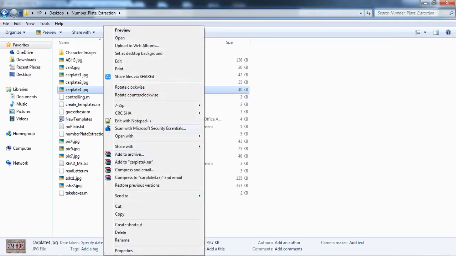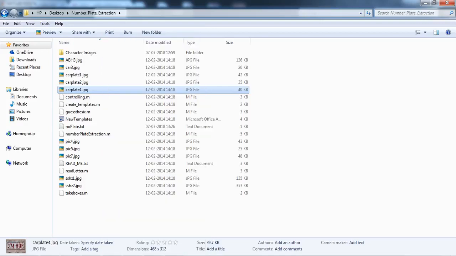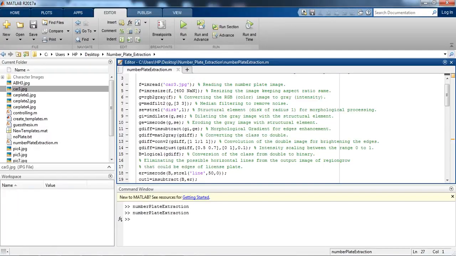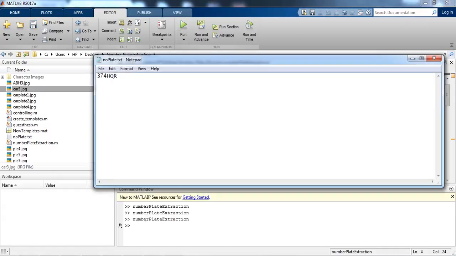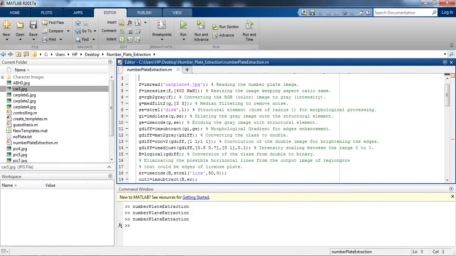Let's copy the name and paste it over here. carplate4.jpg. Okay, now let's run this file. So that was the image, 374HQR. So it is correct.